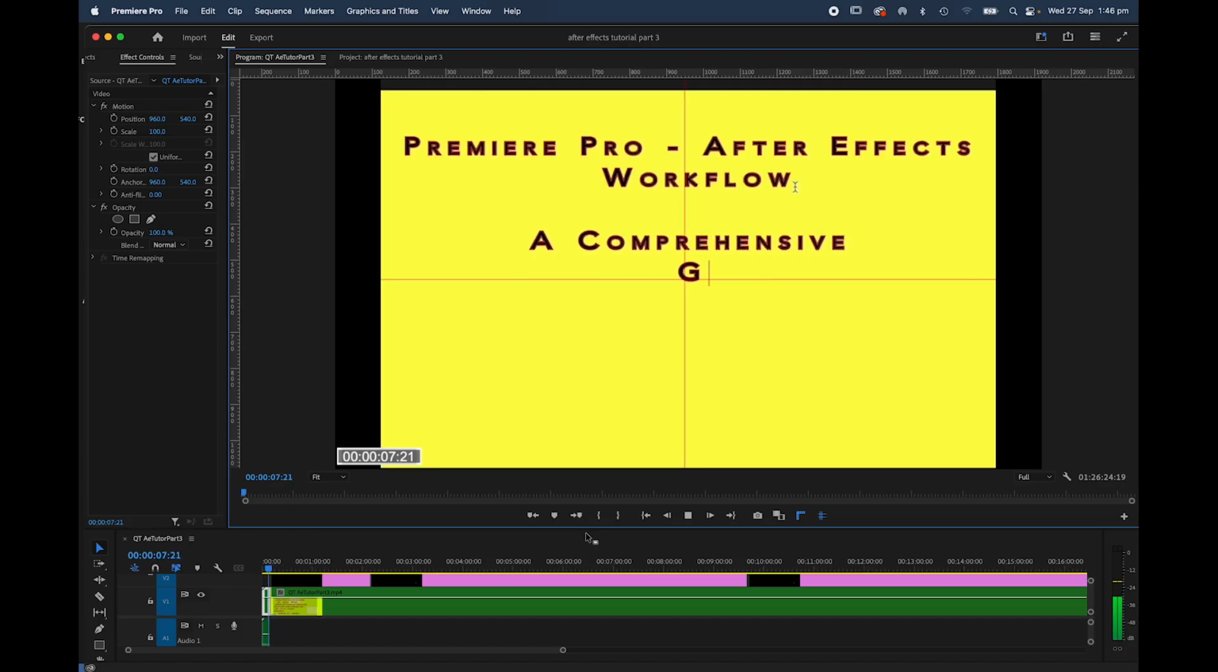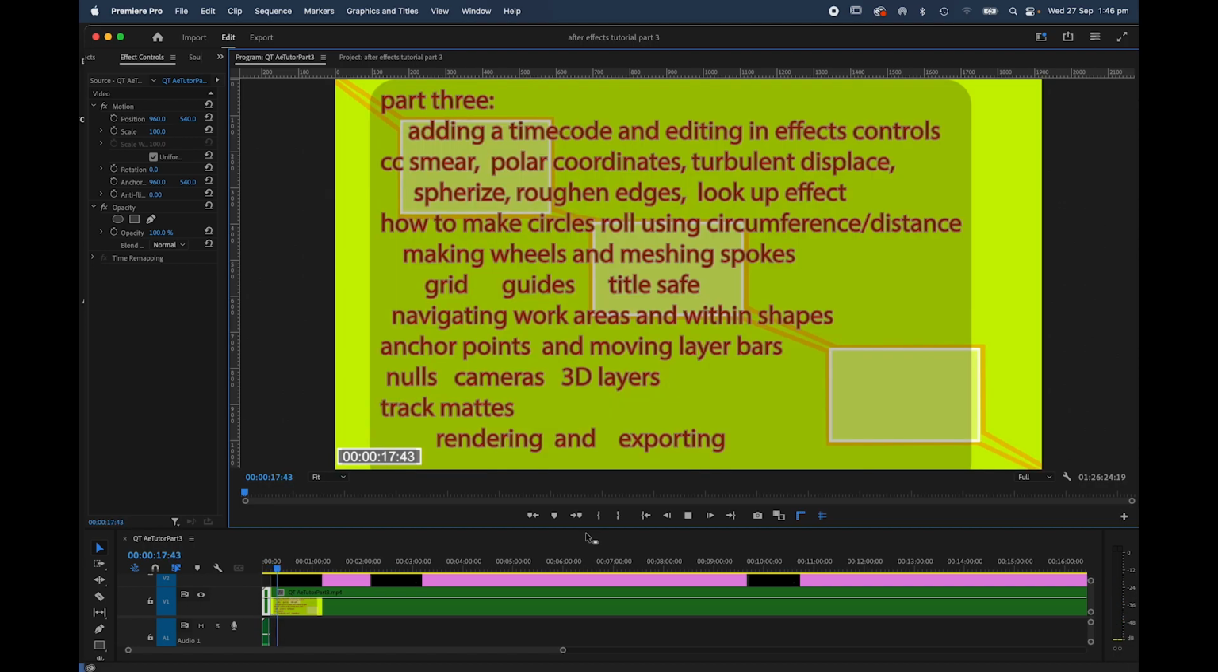Okay, we're back, part 3 now. This is going to cover a lot more in-depth stuff. I'm going to show you how to add a time code and effects controls, effects I'm putting on, smear, polar coordinates, turbulent displace, roughen edges, and how to look up an effect. I also will cover making the circles roll, using circumference and distance, making wheels and spokes, touch on some gear